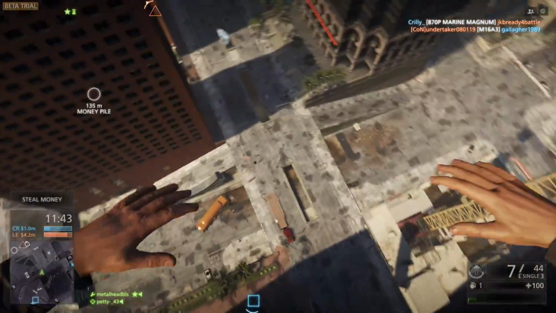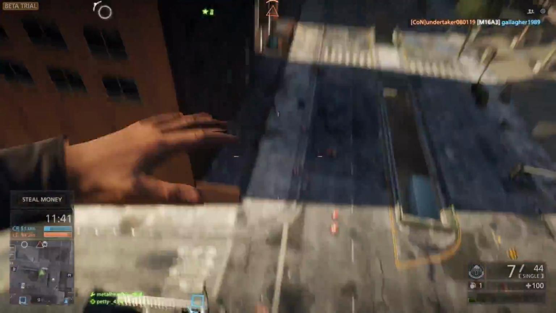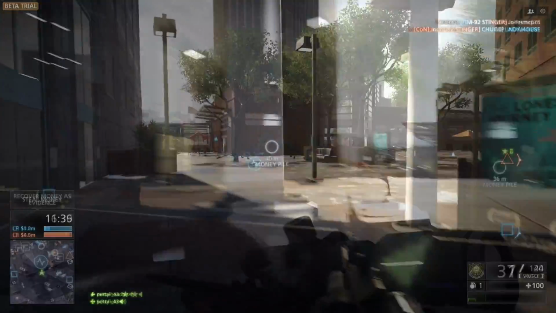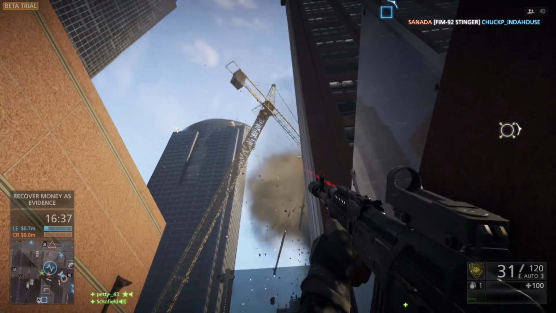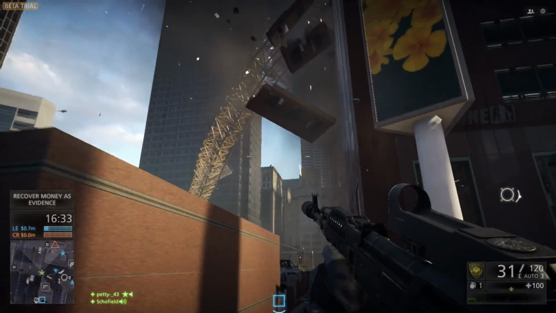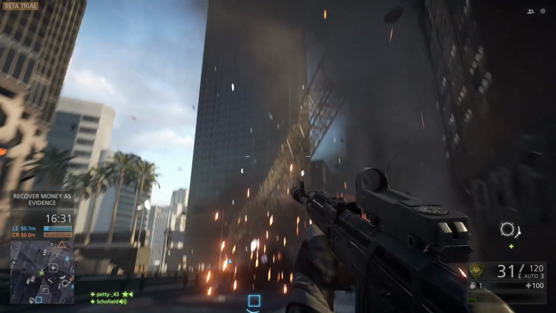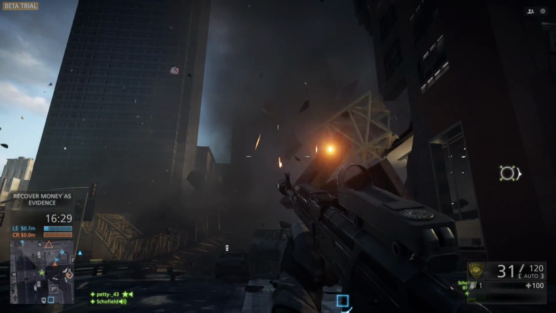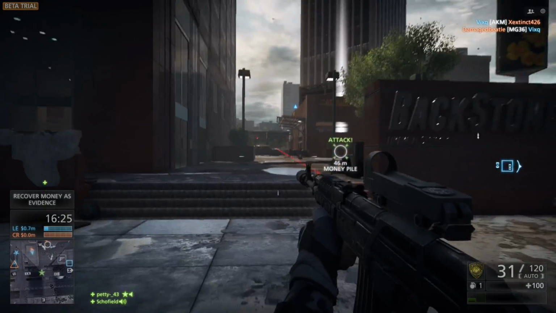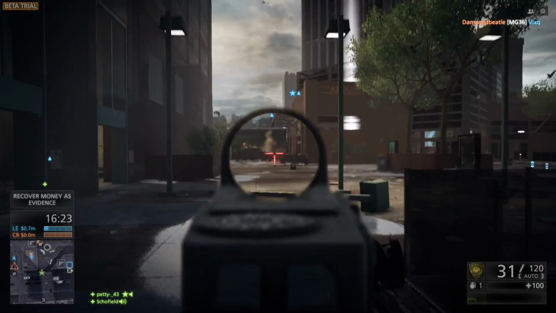As you can see from this jump, I'll show you some particle effects when we hit the ground, which are pretty amazing. Just the paper, oh, that's beautiful. The crane falling, as you can see, it's spectacular. It's really good in the fact that it changes the map, just like all the other Levolution things from Battlefield 4, but it actually adds to the map because it gives you a straight route to, I think it's the